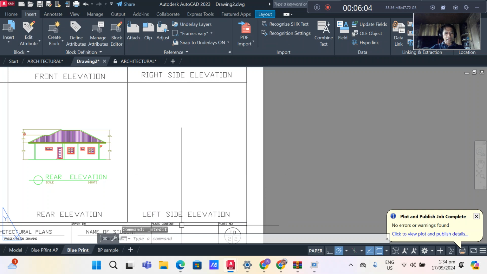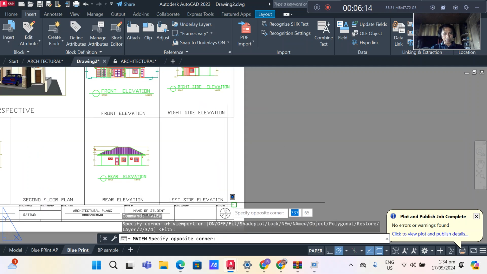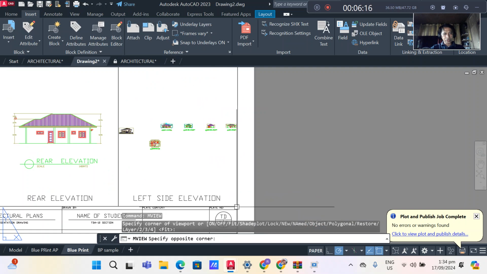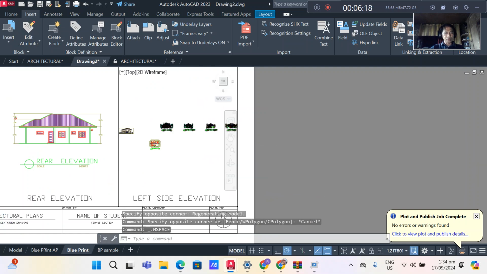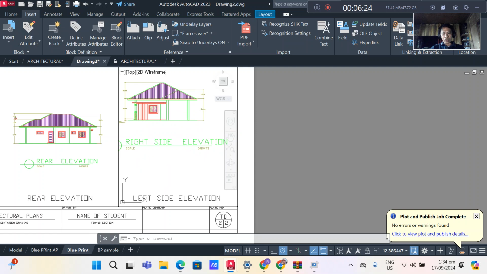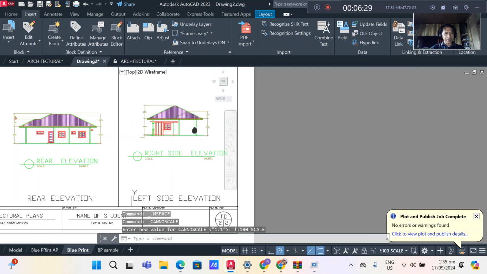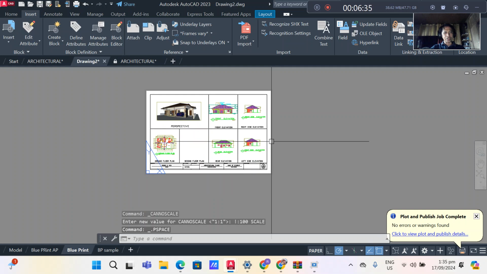Then type MView again for the final view, then enter, then the viewports, the model view, and look for the left side view. Then the scale 1:100, then click outside after inserting your project.